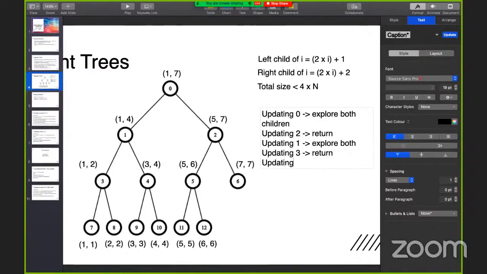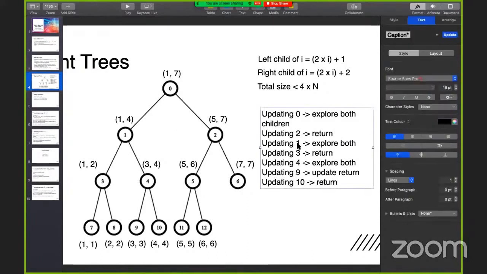Then we go to updating 4, and 3 is somewhere in that range, so we explore further. Next we go to updating 9. This is the node we need, so we update this and return. And updating 10, that's not in range, so we just return.